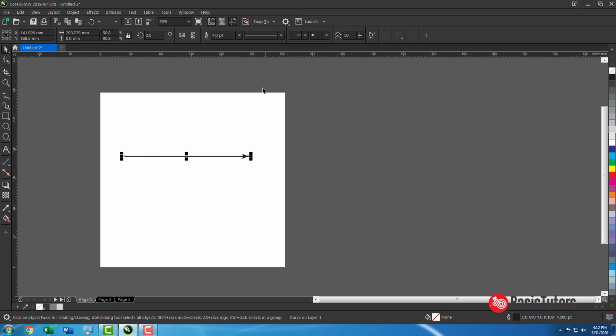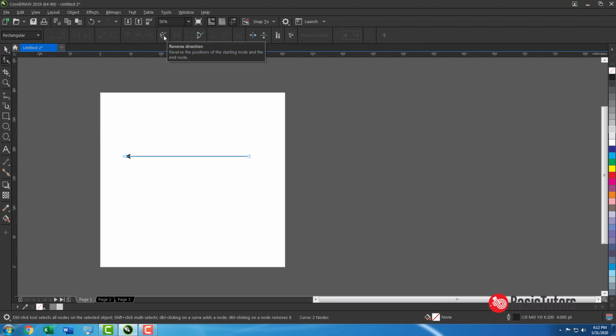So now it is having an arrow. If you change the direction of the curve, see what will happen. This arrow will come to this direction. So this command is for making your line go in the reverse direction. The node will be reversing its direction.